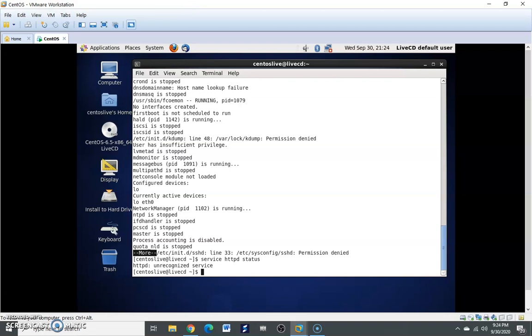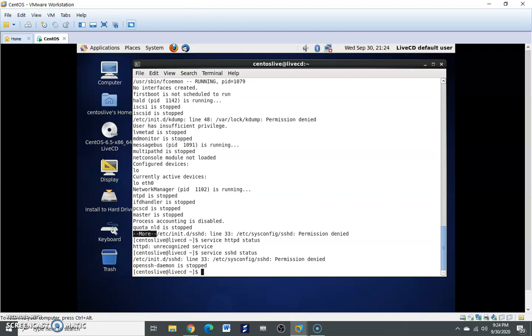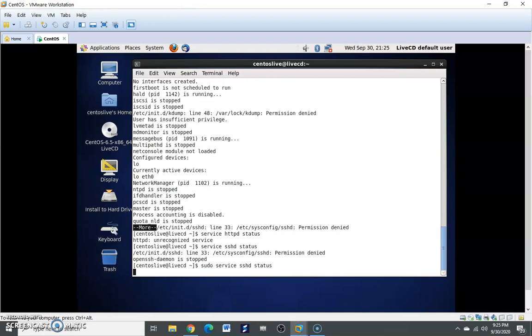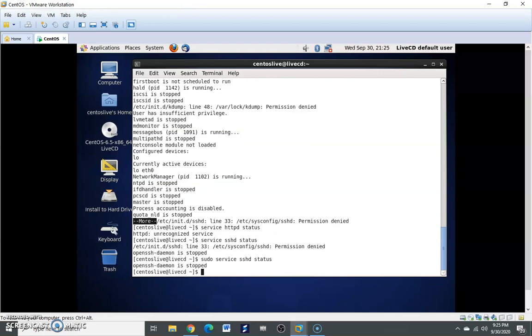So at that time I will use another one: sshd status. Daemon is stopped. So sudo service sshd status, daemon is stopped. So here the service sshd is actually stopped.